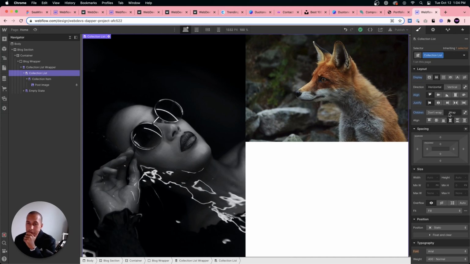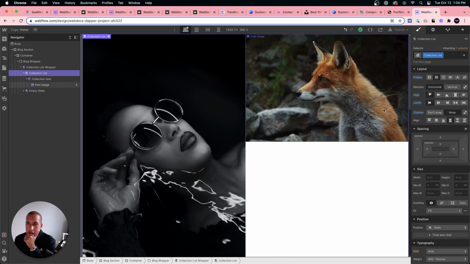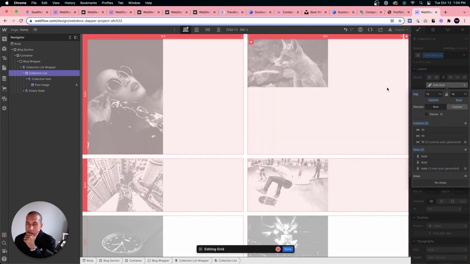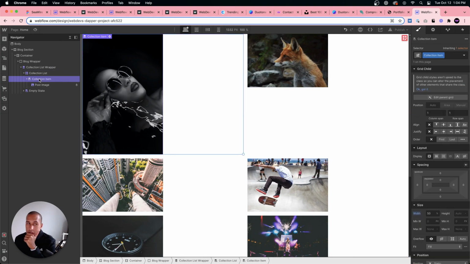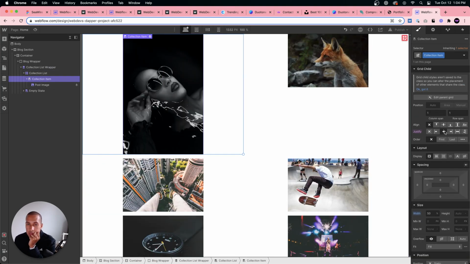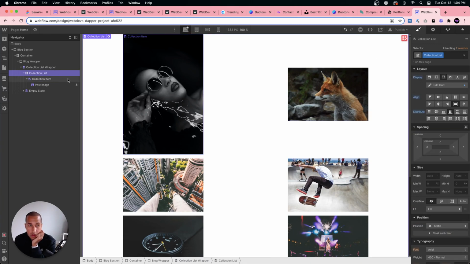So this could be a way to do it. Let me go into the grid cells. I'm gonna set this back to grid actually. Grid. And then the grid cell. Collection item. Center. Maybe something like this. And for the collection list,